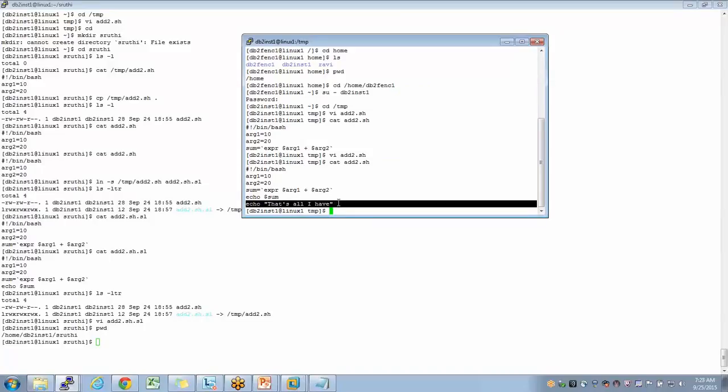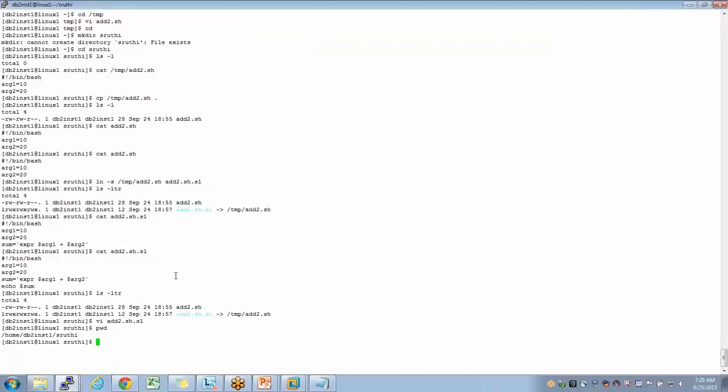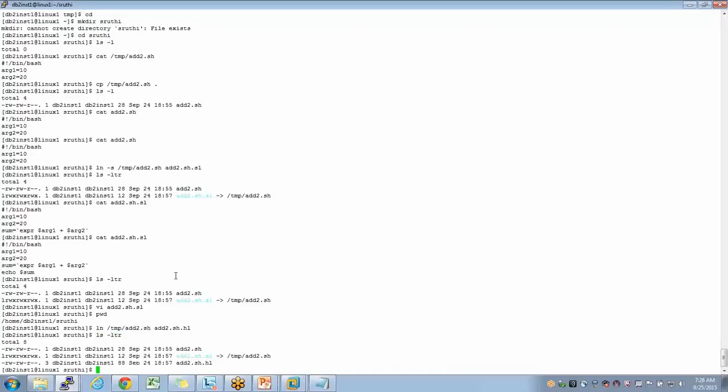Now what is the difference between the symbolic link and a hard link? When I create a hard link of a target, the difference between both of them is that it will maintain a local copy. But still it points to the master copy only, and it will maintain a local copy.